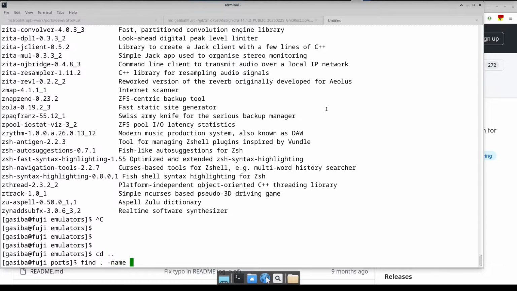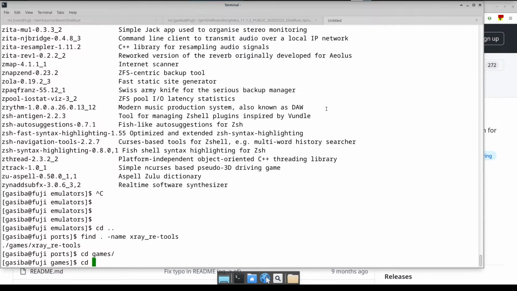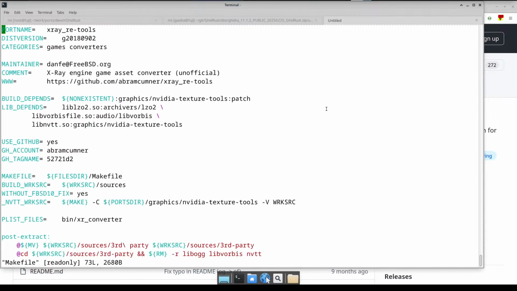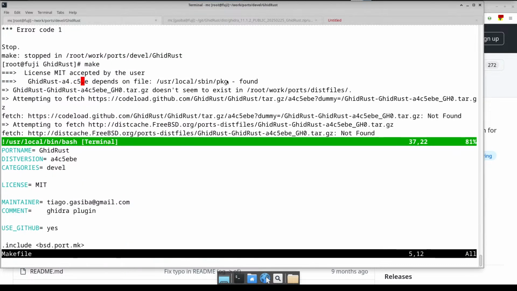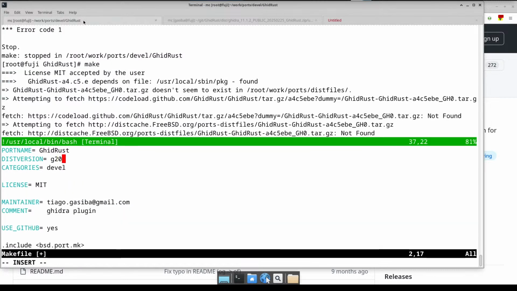Find. So it's a game. I don't care. So how is the makefile? Dist version. Okay, G. Yes, and that's exactly how we do it. So then dist version we put G, and I think we put the date of today, like I don't know, 2025 0225,